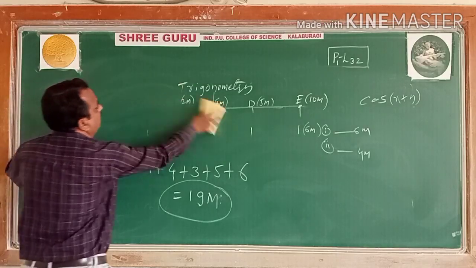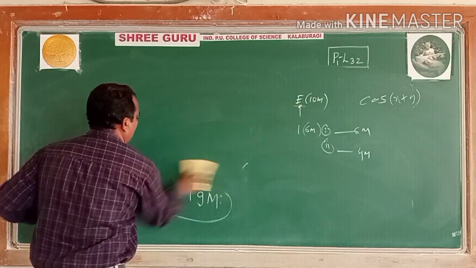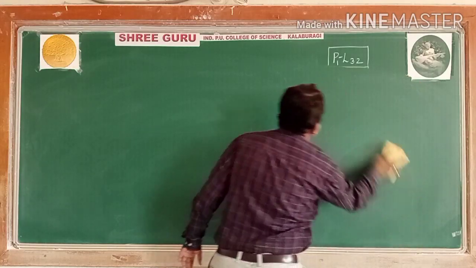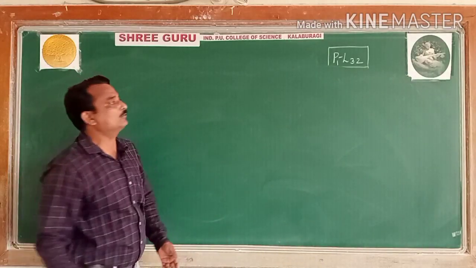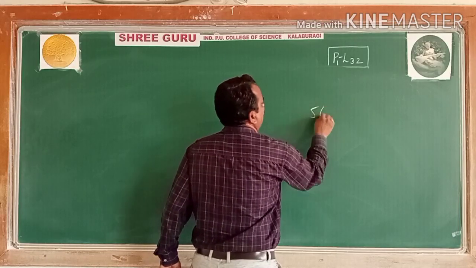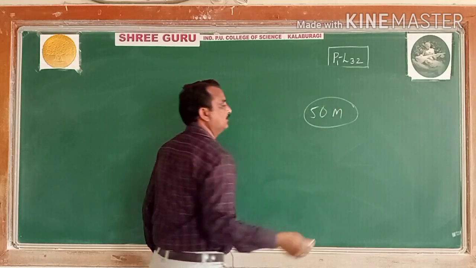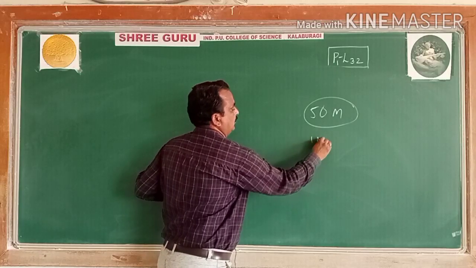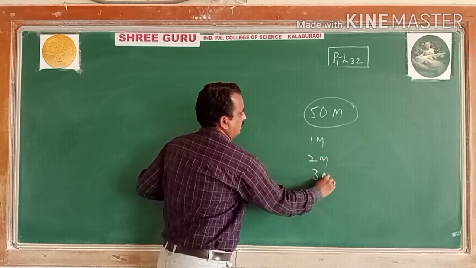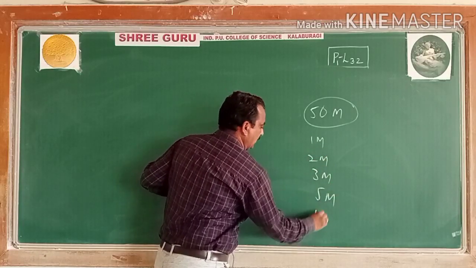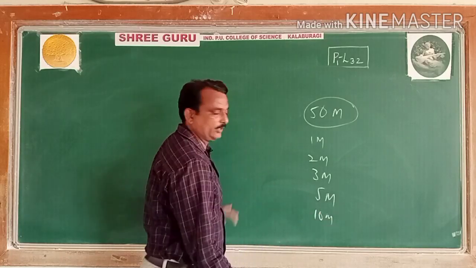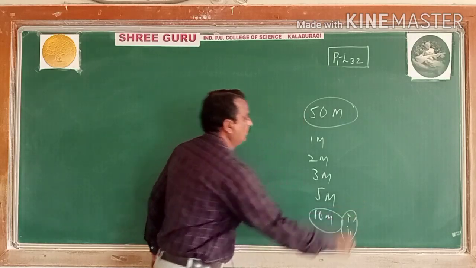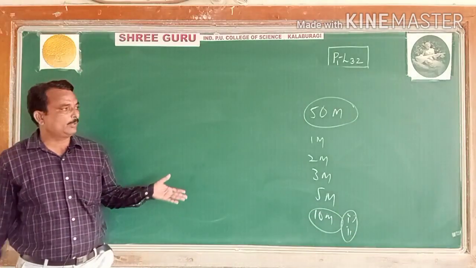This is the mark distribution here. You have a question paper with part A, part B, part C, part D and part E. Next, you have a test of 50 marks, totally all the questions. There also are 1 mark questions, 2 marks questions, 3 marks questions, 5 marks questions and 10 marks questions, with sub questions 1 and 2. So these are the 50 marks questions here.